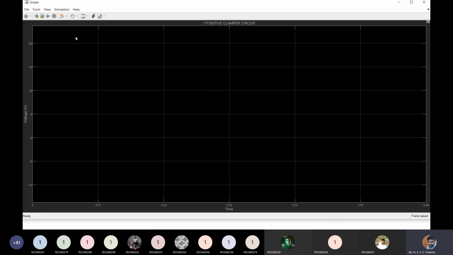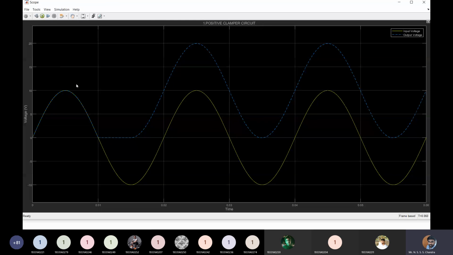Now if I run this circuit, you can see that for the first cycle, for the positive half cycle, your output is following the input, and then it is 0 for some portion till the input reaches the minus Vm value. Once it reaches the minus Vm value, your capacitor is charged to Vm, and from then at every instant your output is raised by plus Vm value. You are adding plus Vm to the input voltage to get the output voltage.